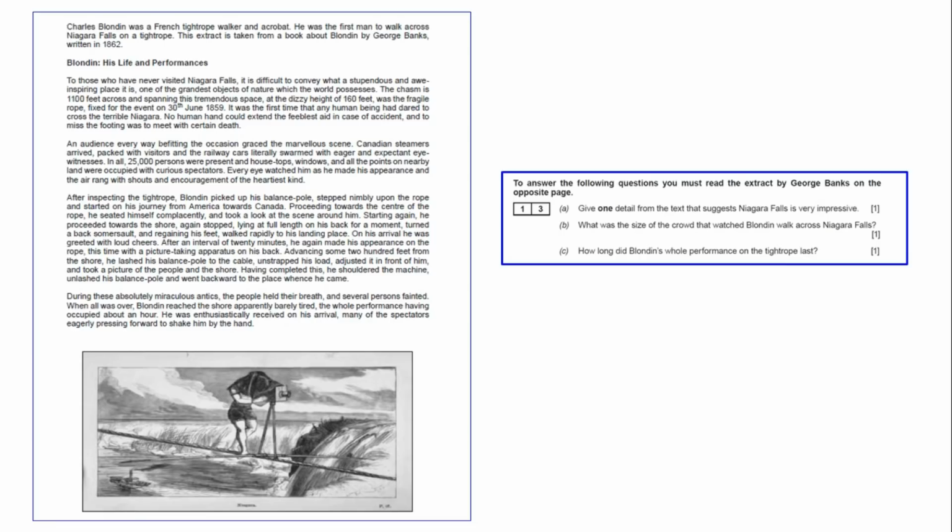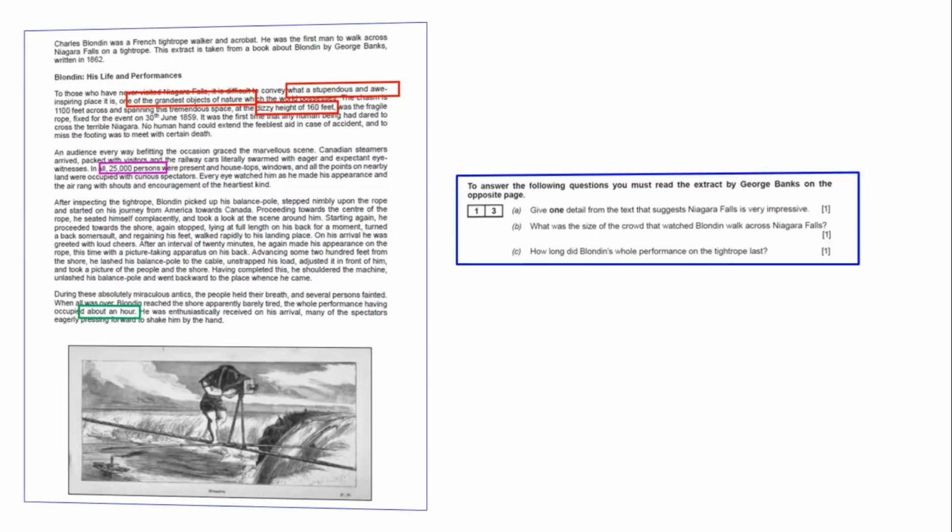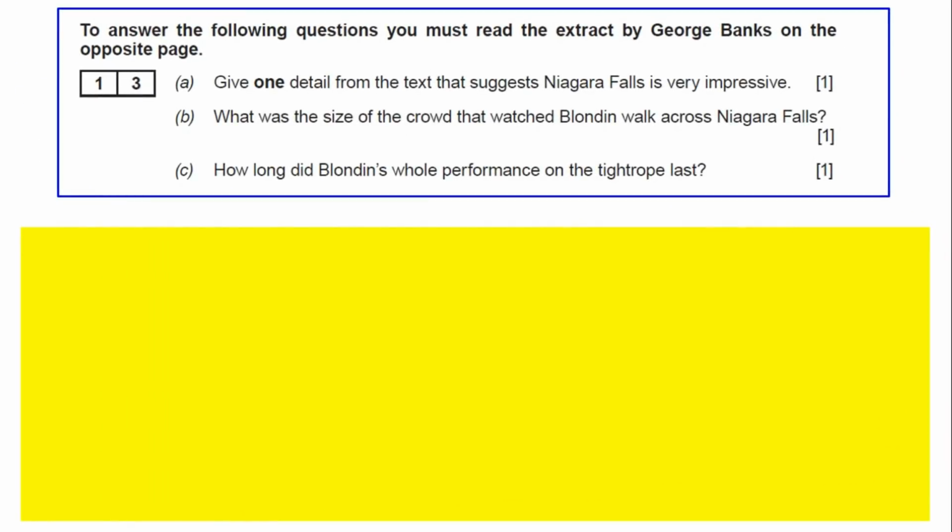However, there might be the odd words you don't recognise. So again, then give one detail from the text that suggests Niagara is impressive, and then I've highlighted at the top a stupendous and inspiring place. Okay, so all of these could have answered A. This one answers B, and that one answers C. So we put them again in our